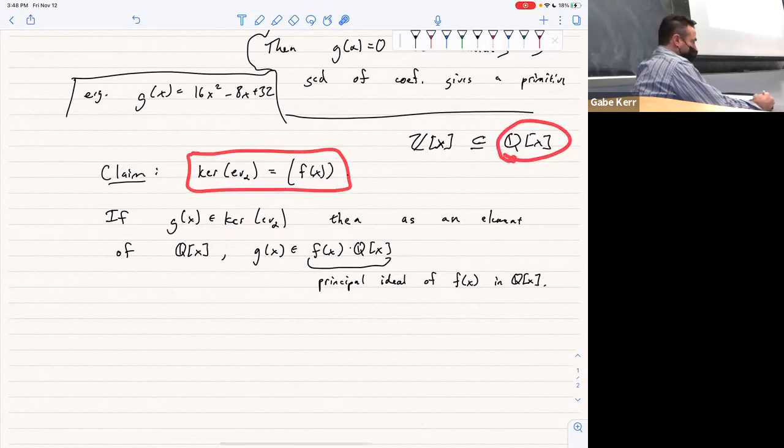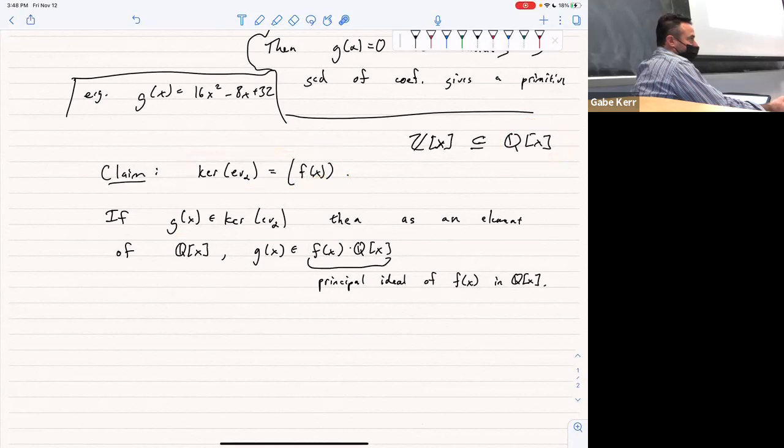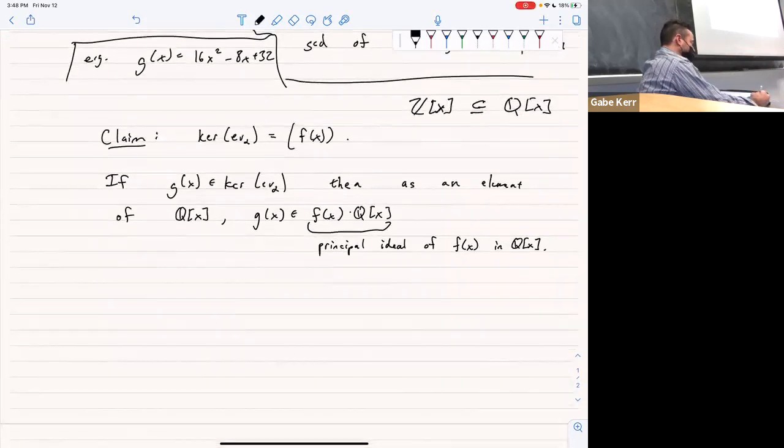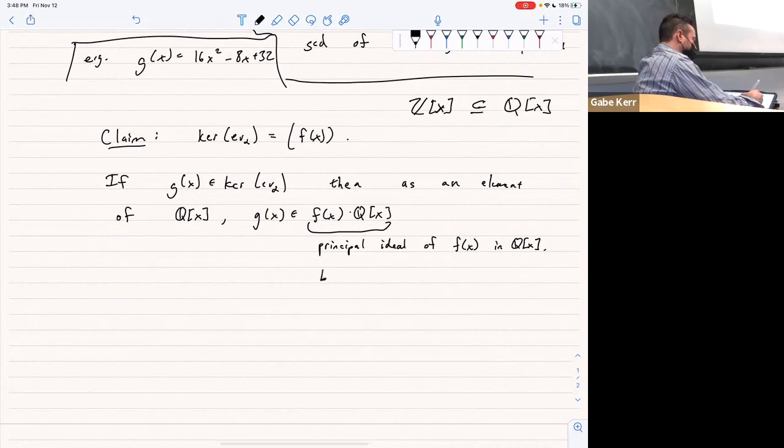This is a PID. The kernel is a principal ideal. And I found something in that kernel that's of minimal degree. That has to be the generator. Whether it's primitive or not, because I'm in Q[x], I can multiply by a fraction. So this is true, that's why this is true, because